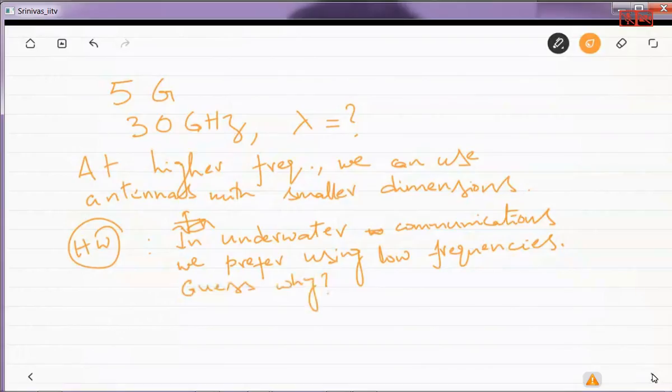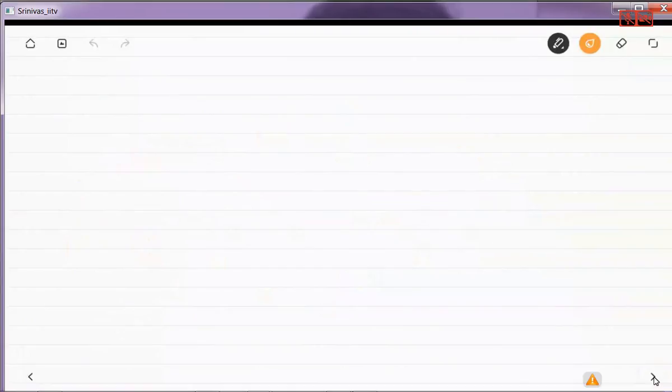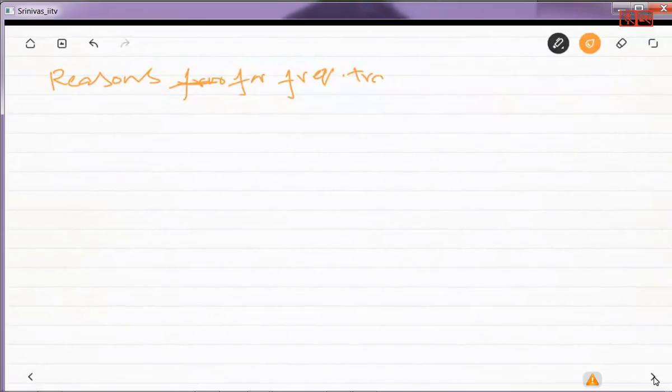So let me change the page again. One of the reasons for frequency translation. What do I mean by frequency translation? We are moving from low frequencies to high frequencies. That means if we want to transmit a signal, our